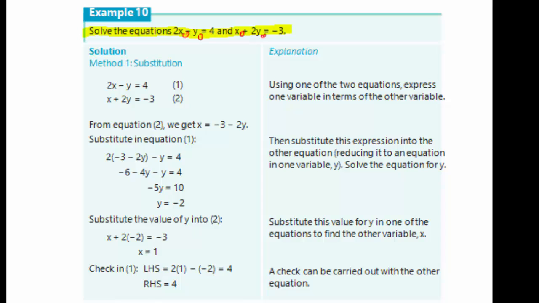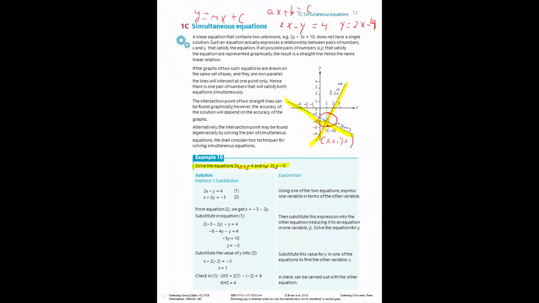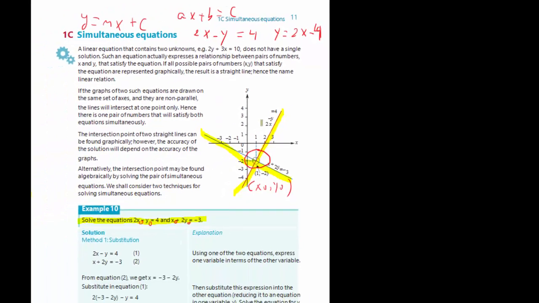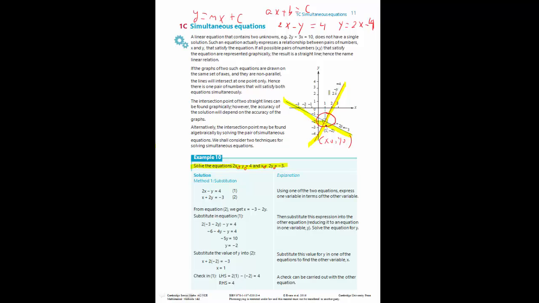But the whole reason we can do that is because we are talking about the same point. This equation is true for it, and that equation is true for it. It's the same x and y we're finding, and the solution, as you see, is a single point. Indeed, in this example, they found x equals 1 and y equals negative 2, the same as here. So whether you do it graphically or algebraically, and whether you do it by substitution or elimination,